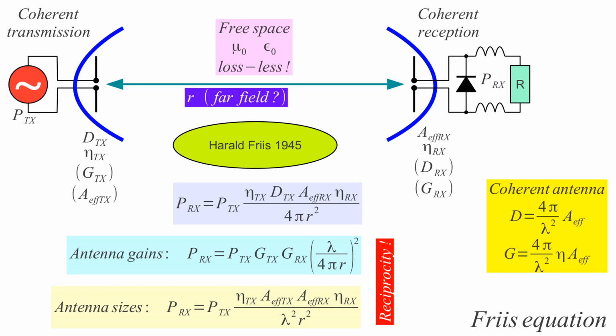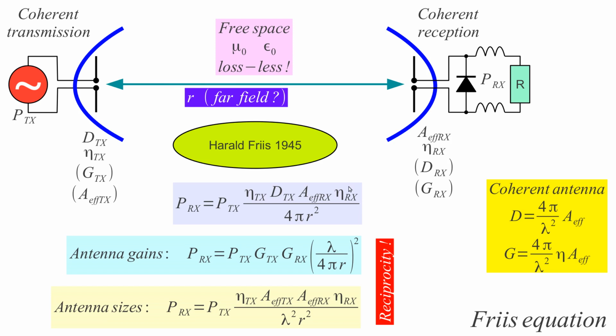So to continue from the previous hour, we found an equation for our radio link, for the attenuation between two antennas. With radio communication we usually use coherent transmission and coherent reception. So coherent antennas on both sides of our link, and in free space, so no obstacles, no lossy media, the equation